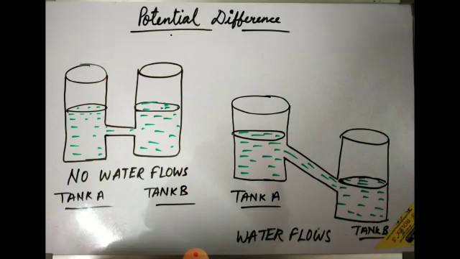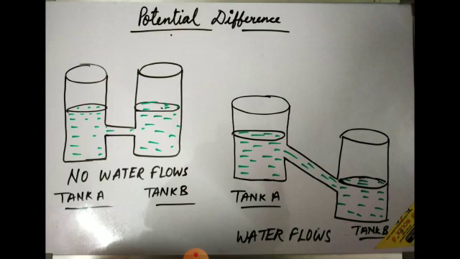The conductor having an excess of electrons is negatively charged and is said to be at a lower potential. Where there is an excess of electrons, negative charge, that will be at lower potential, and a deficiency of electrons means the positively charged side will be at higher potential. So conventionally, the flow of current is always from high potential to low potential, always from positive to